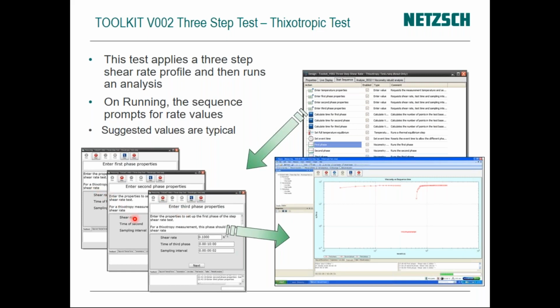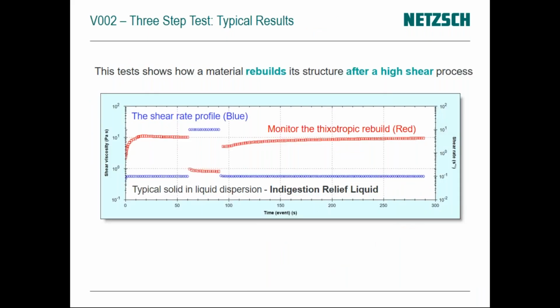I think it's probably 0.1, 100, and 0.1 again, and the third phase is 10 minutes long, and there's a point every 2 seconds there. So you can see the data here. We have the high viscosity, low viscosity, and then a rebuilding viscosity. Now, this is another result, and it's actually plotting the shear rate here in blue. So you can see the low speed step, the high speed step, and the low speed step. And this was a